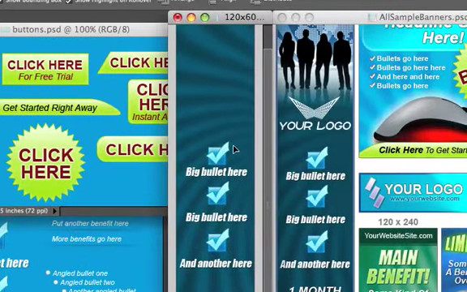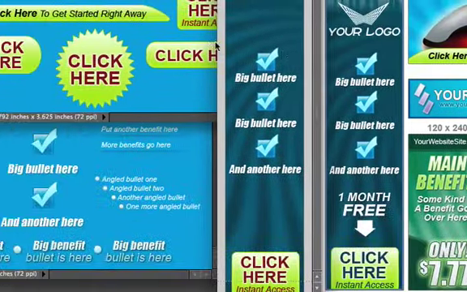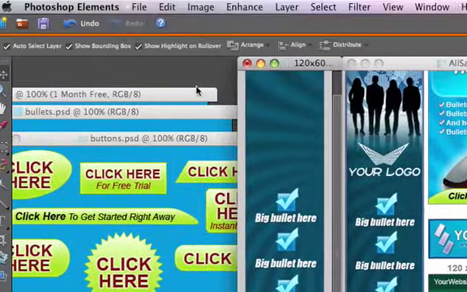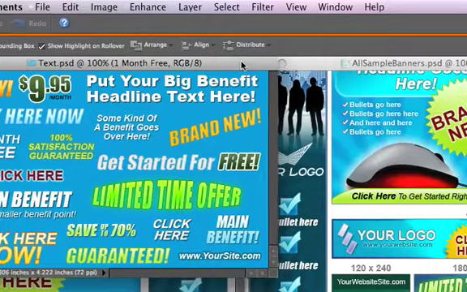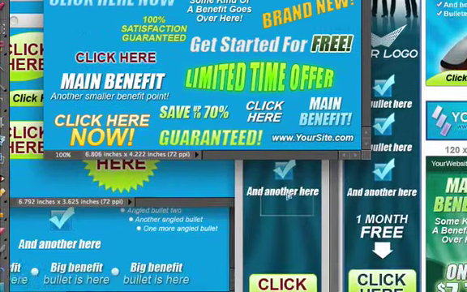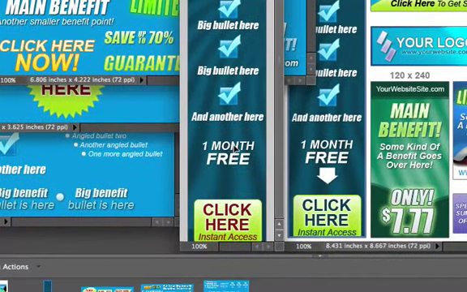There's very little that I had to add to it, like this 1 month free text. You can simply write it yourself, or you can use one of the copy and paste elements. So here we go, here's the text. I'm going to put it here,